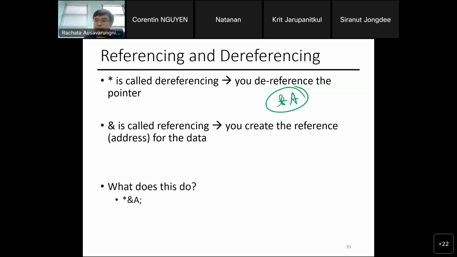So what does this do? You first reference and dereference the same thing. So what does this actually do?